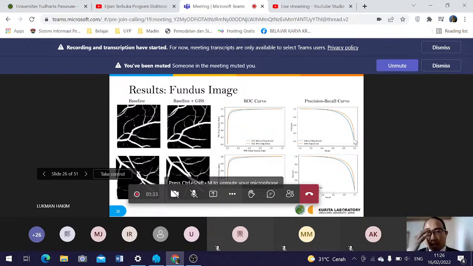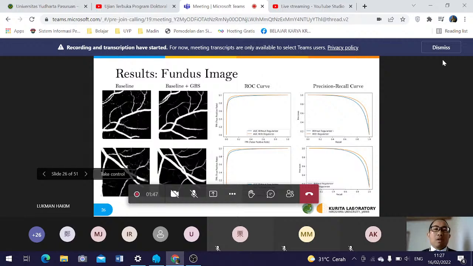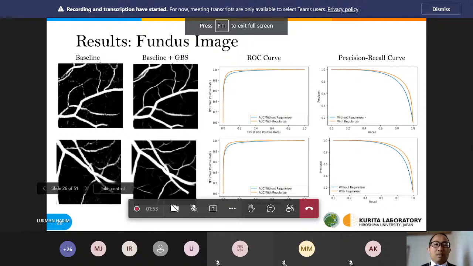This is the result of vessel segmentation between the baseline and the graph-based smoothing regularizer. The first column is the result of the baseline, and the second column is the result from the baseline with our graph-based smoothing regularizer. From this figure, we can see the baseline U-Net is good for segmenting, but fails on small vessels.